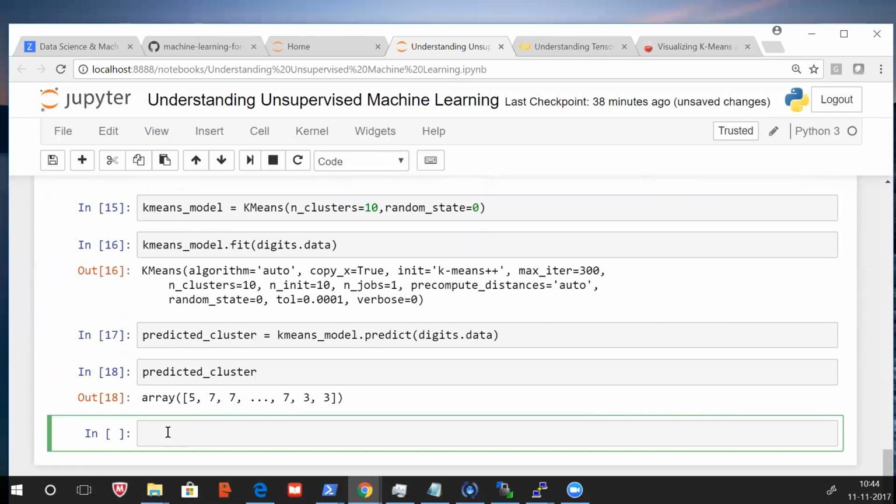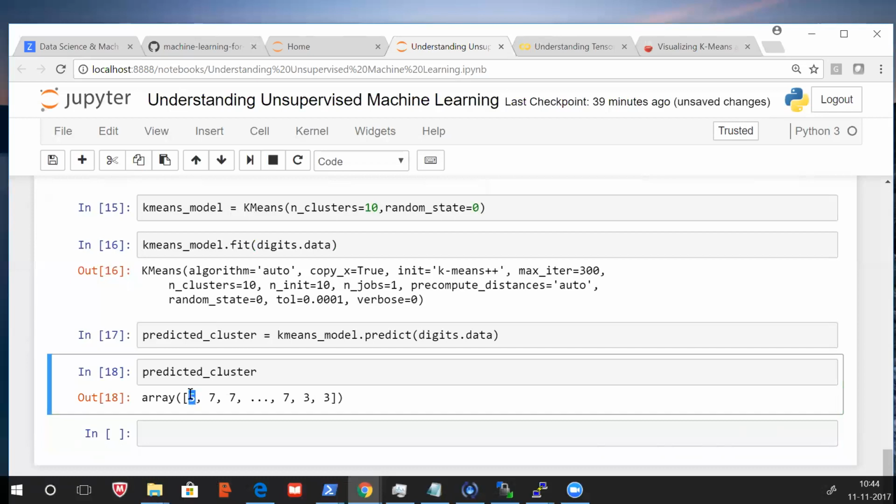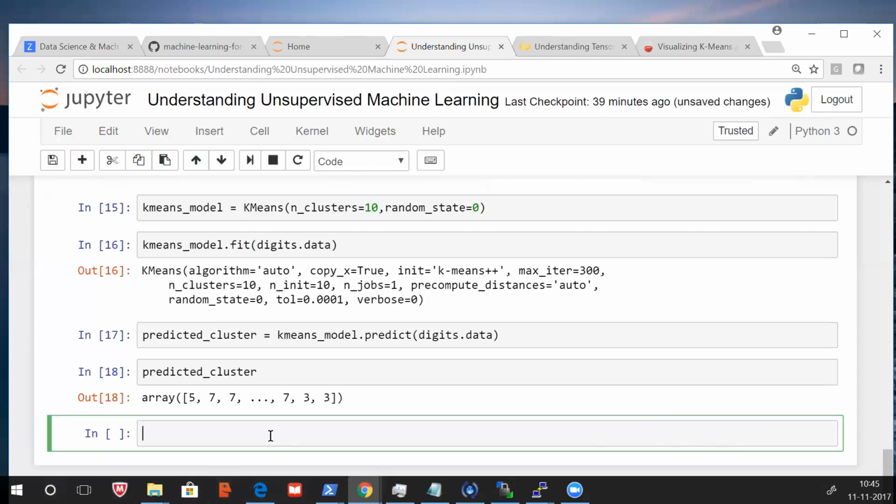So understood, right? When this is the cluster number for data 0, it is not the value 5. Remember this. No, you are creating a kMeans with only 10 clusters. This belongs to the 5th cluster, and remember, the 5th cluster does not mean value 5. I'm not using labels, so I don't know what it looks like. We don't know the labels part.